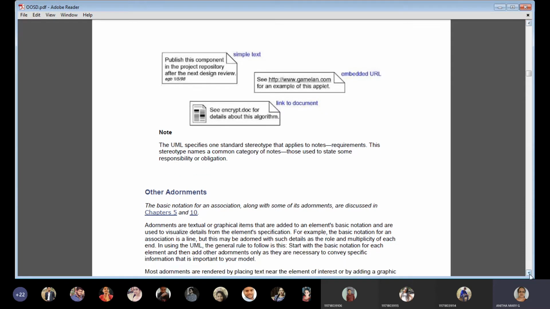The next one is about other adornments. Just now I was telling you about adornments in addition to the basics. In yesterday's class, for relationships, what adornments did we study? For association, the four things: maybe the cardinality, the role, the direction, or the name. All those are in addition to the basics.